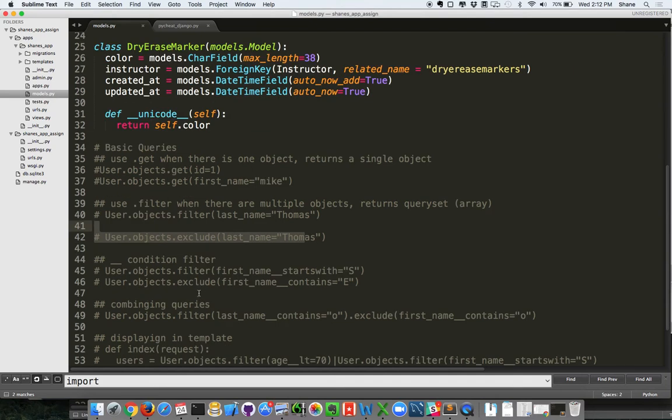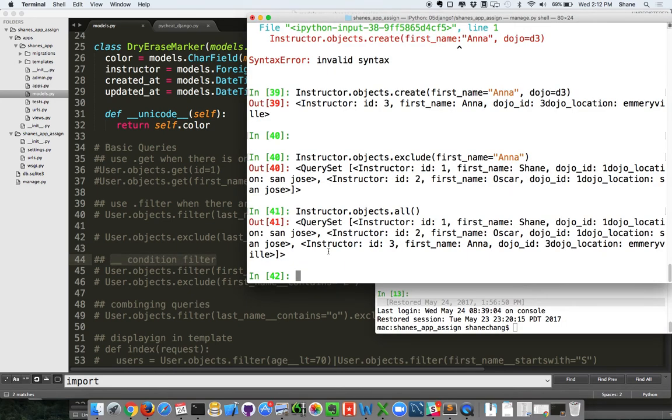You can also use something called a condition filter. You can add an underscore to it. So for instance, let's do the filter, first name